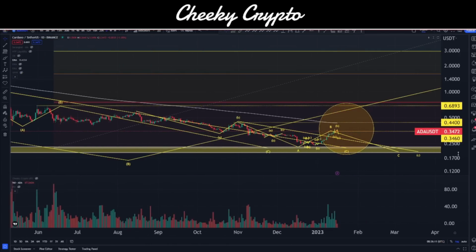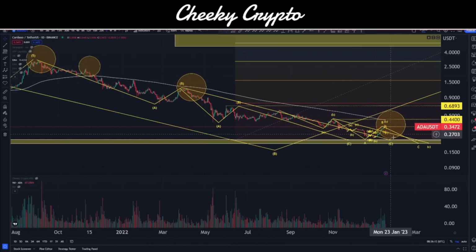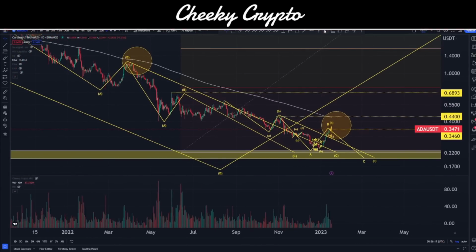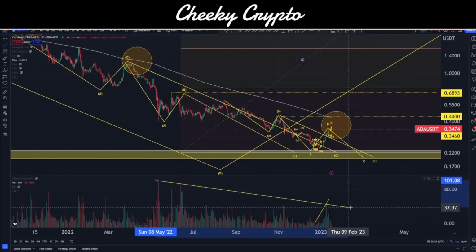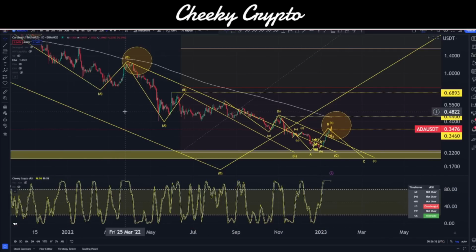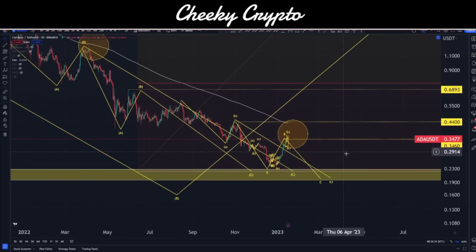Throw in the volume here. You can see that the volumes are not overly impressive in comparison to the history on this daily chart either. On the smaller time frame, yeah, you got some volume increase, but on the bigger macro, you got a volume decrease, right? So there's not terribly too much to get excited about, I don't think. But we'll see how it goes and plot it out accordingly, based on what the data suggests to us.